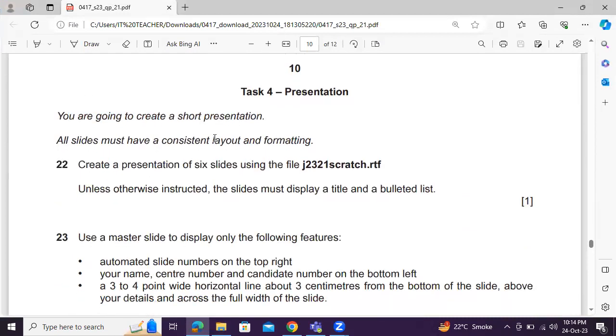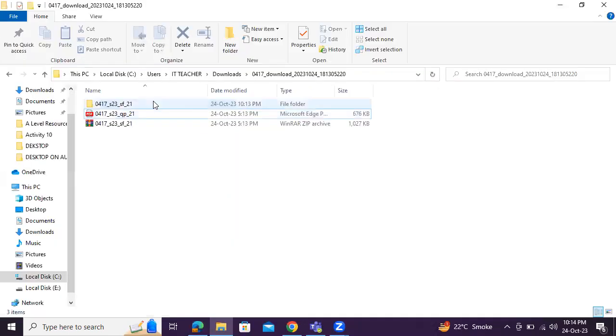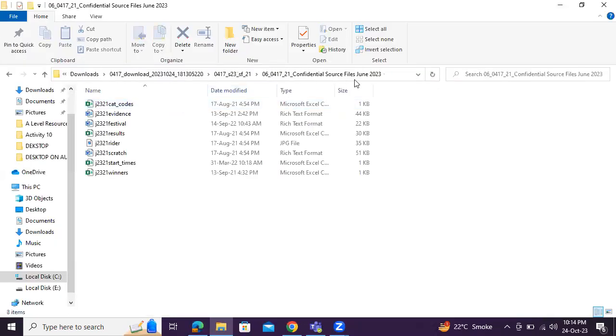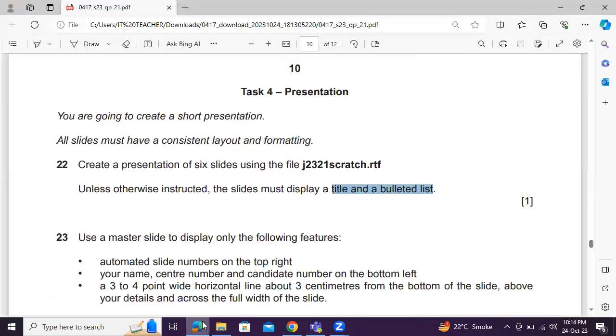All slides must have a consistent layout and formatting. Create a presentation of 6 slides using this file. Unless otherwise instructed, the slide must display a title and a bullet list. Okay, fine. So first of all, what we need to actually do is we need to